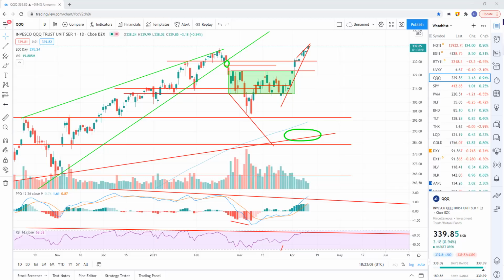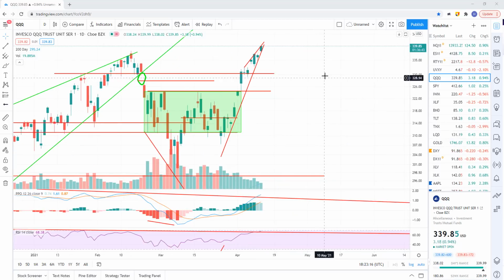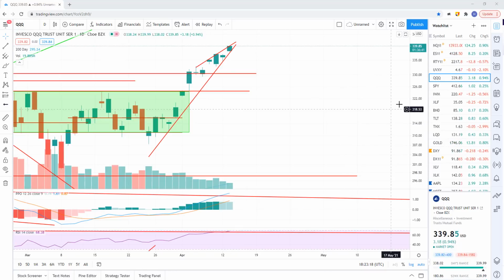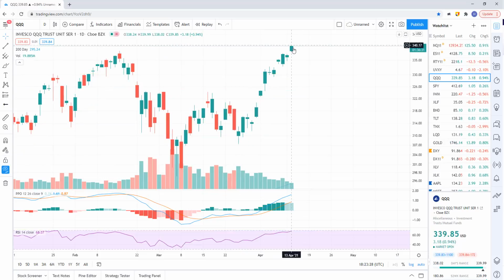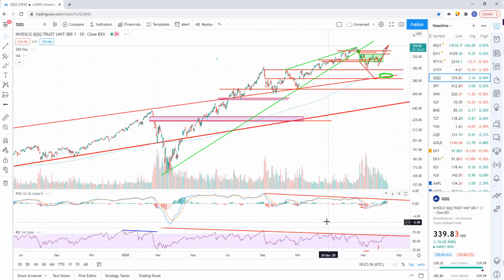All right, so we'll start out with triple Qs, which is tech. We're up. We're at all-time highs in the tech sector. And there's no indication yet that we're going to reverse, or that there's a trend reversal. Now we do have a new divergent high. So right here on the daily chart, I have it kind of marked out. But if I get rid of the lines, you can see this high that we made is higher than the previous high right here. And yet, if I bring my lines back, you can see that as I scroll out,